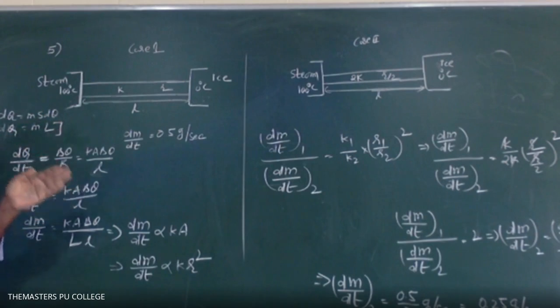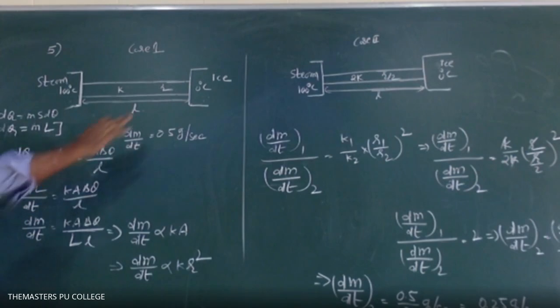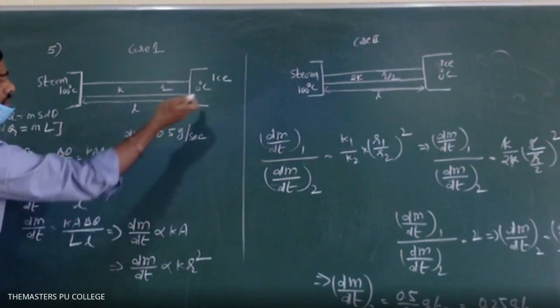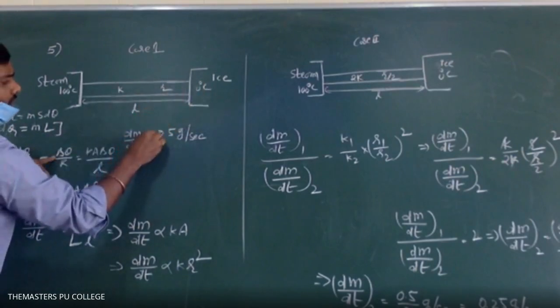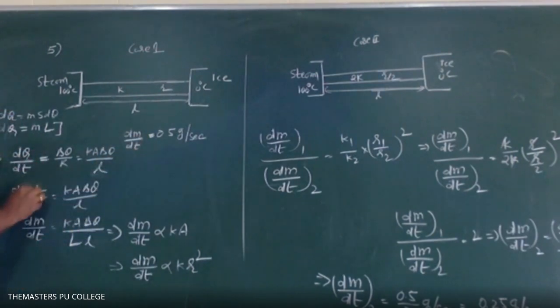Whenever the phase of matter changes, meaning one phase changes into another phase, in such a case dq equals m into L, the product of mass into latent heat. So let dm be the amount of ice that melts in dt seconds, then dm by dt is nothing but the rate of mass. So dq equals the mass of ice melted into latent heat, dm into L by dt. dm by dt equals this.